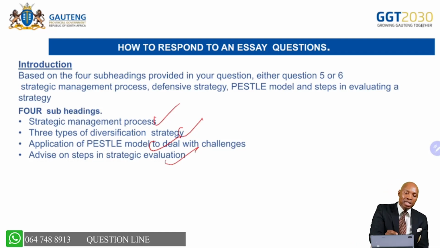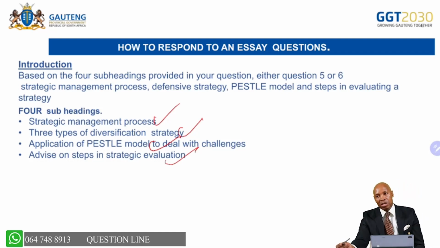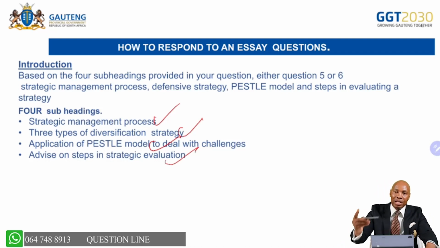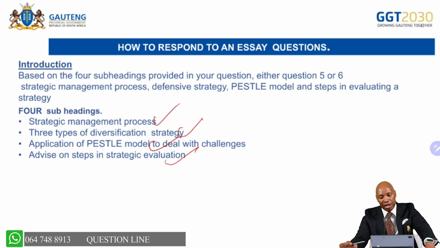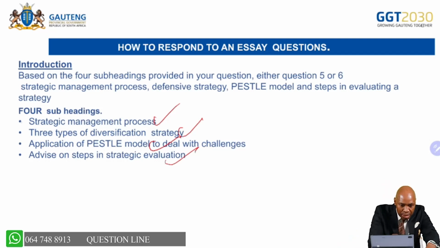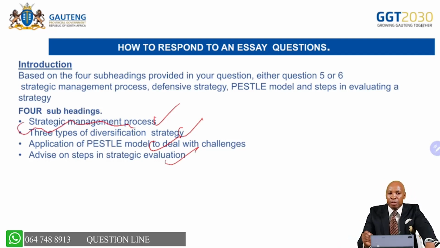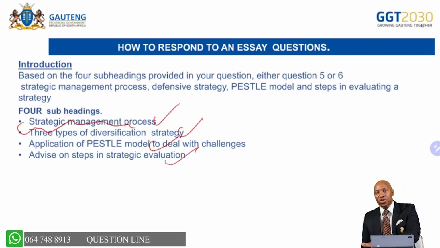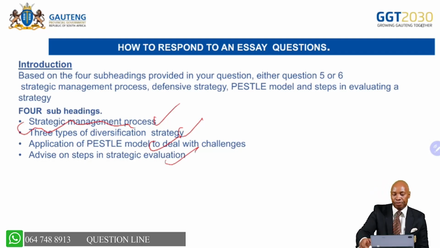Now, for writing these 4 sub questions or rather subtopics, you are analyzing the essay. Then you will get marks for having the 4 subheadings. Then you must explain or outline the strategic management process. In that way, we are doing what? You are synthesizing now. You are pulling the strengths together. You are putting your facts that belong to what? Strategic management process, so that you qualify for your 2 marks for your S. I will show you as we go on.